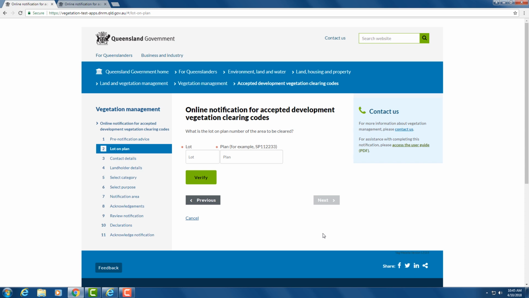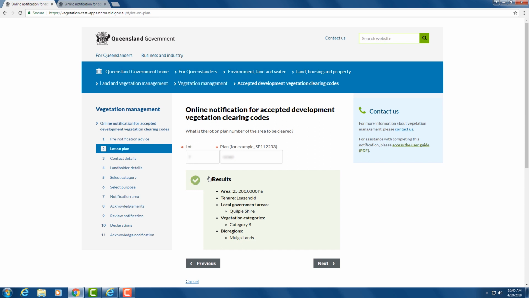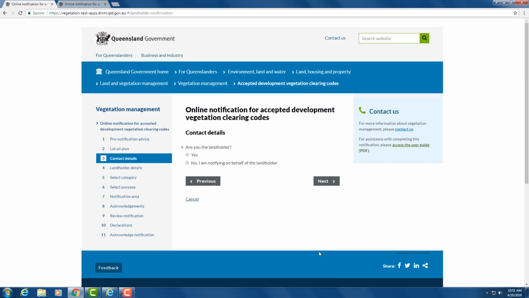So the next step is entering your lot plan information. It's a pretty simple one. You enter the lot on the left and the plan on the right. And then click Verify. So the system will produce some information about your lot, such as the area, the tenure, the local government area it occurs in, the vegetation categories on the lot, and the bioregion. So after having a quick look at your lot plan information, click Next,